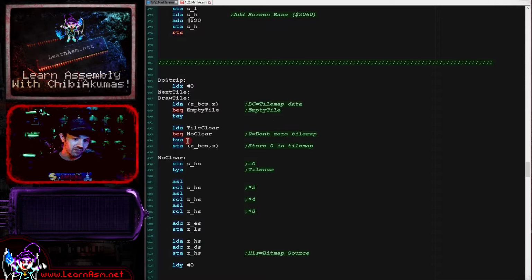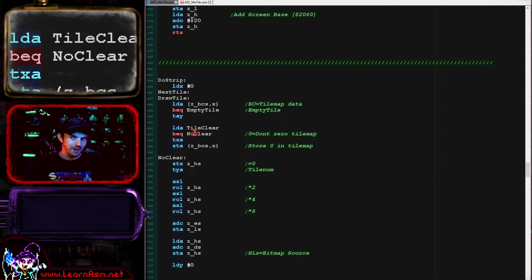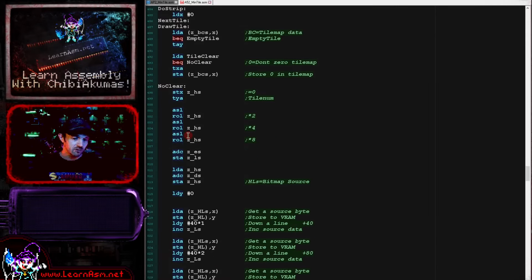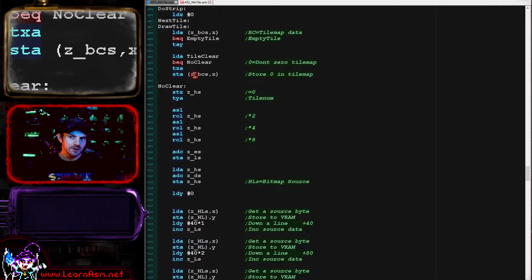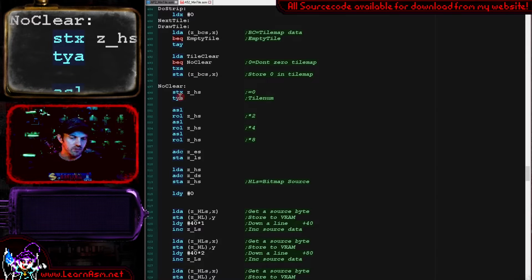And so one of the things to do is making sure we're not drawing more than we need to the background, because otherwise it would make the screen flicker, the sprites flicker before we redrew them. Okay, so there we're zeroing the tilemap entry. When we get down to here, we've now got a tile number in Y that we want to actually draw